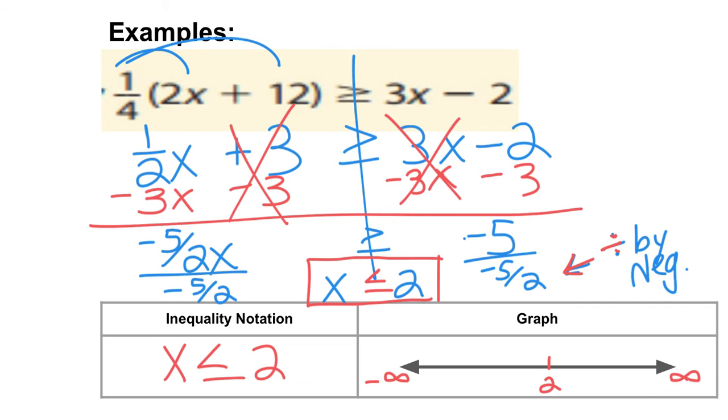Now for this, because we have the equal to bar in our symbol here, this is less than or equal to, I'm going to need a closed dot to show that 2 is included in my solution. If it did not have that equal to bar, I would use an open circle or an open dot instead. And then my statement says x is less than or equal to 2. So I'm going to draw an arrow in the direction of all things less. So less than 2